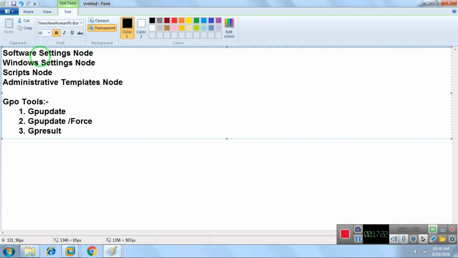We have so many things. Like if in one policy we have 65,000 settings, something around that much. So you can create one policy and apply so many settings in one policy. Like I told you, if I want that the user is not able to access the run command, not able to switch off my system, not able to access the control panel.